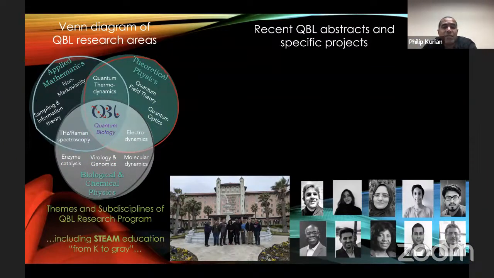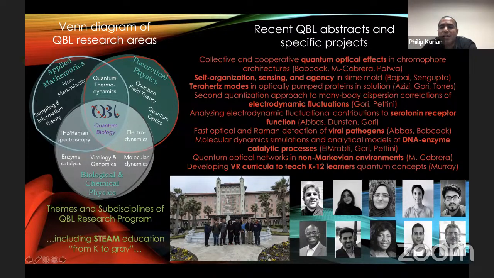We're at the nexus of theoretical physics, applied maths, and biological and chemical physics. And here are some of our recent projects. We work in slime mold, doing self-organization, sensing, and agency, but we also do molecular dynamics simulations and quantum optics effects. We study non-Markovian processes. We also discuss many-body dispersion effects, Casimir effects emerging from the quantum vacuum in DNA